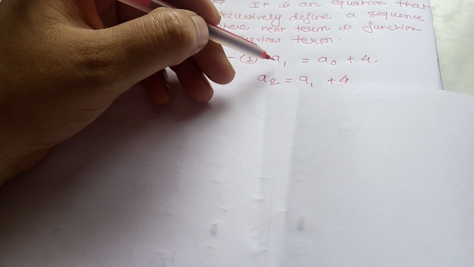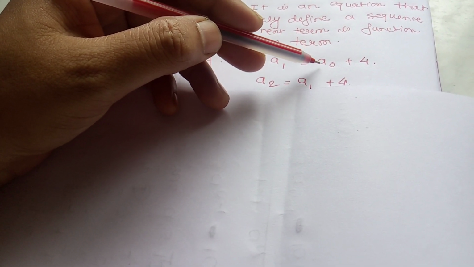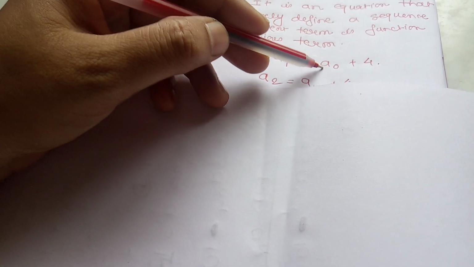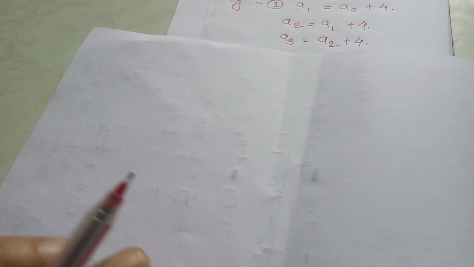So we'll take an example of it. If we have an example, like the first element is a1, its function depends on the output of a0 plus 4. That means if we don't know a0, what is the output of a0, we cannot define a1. Similarly, if we don't know the output of a1, then we can't define a2. Similarly, a3, a4 and so on.